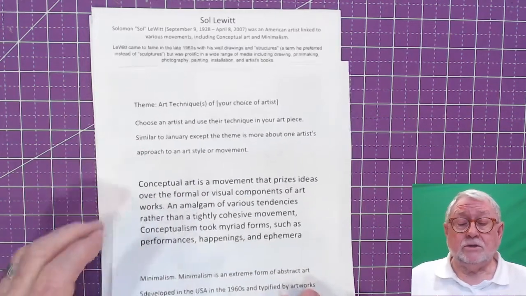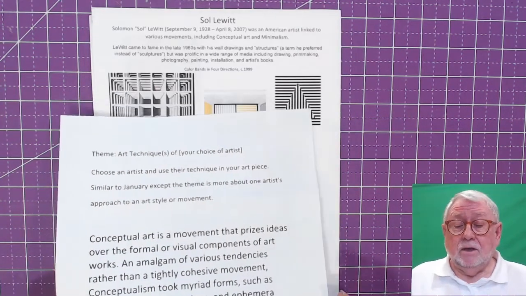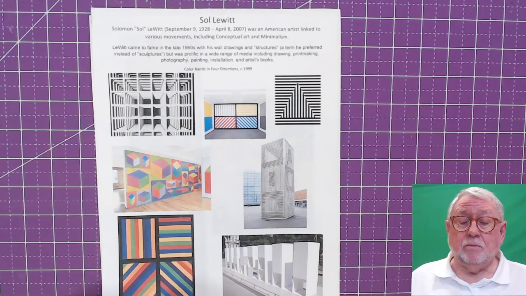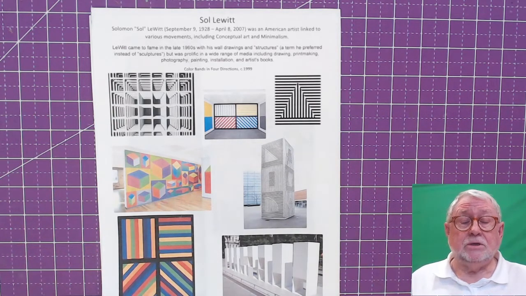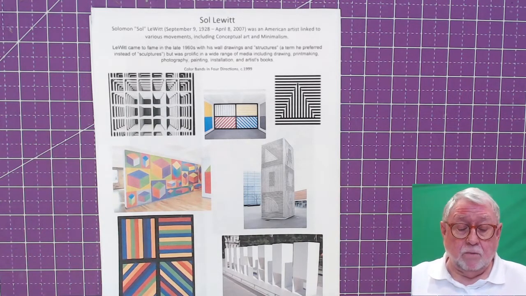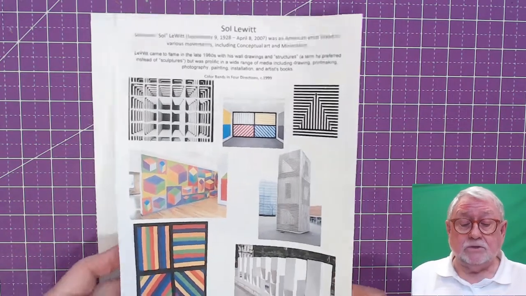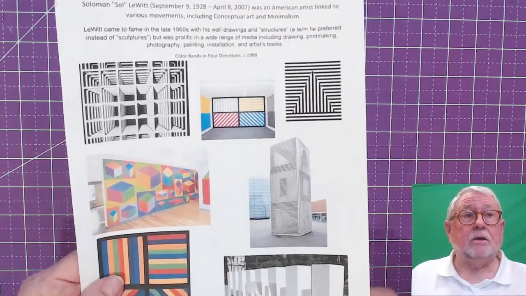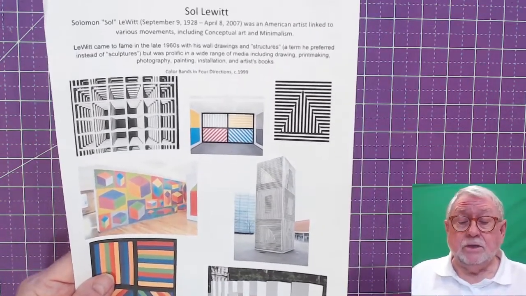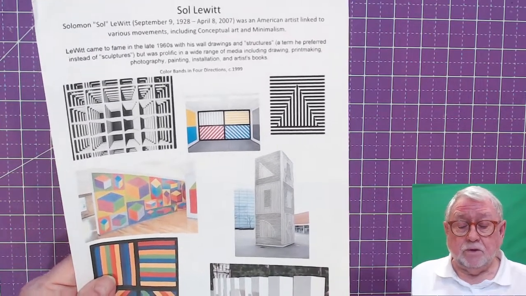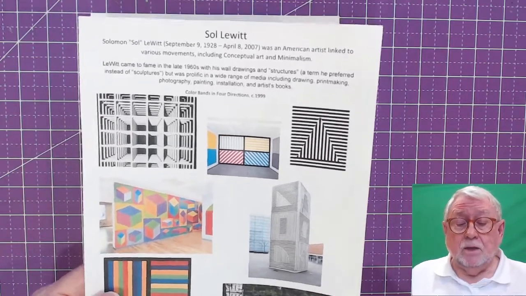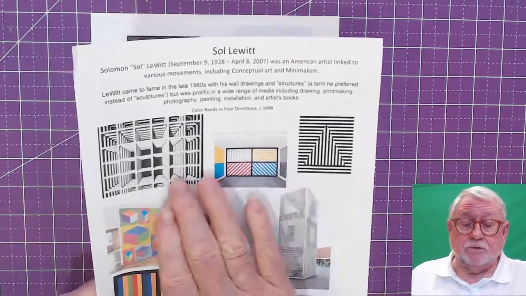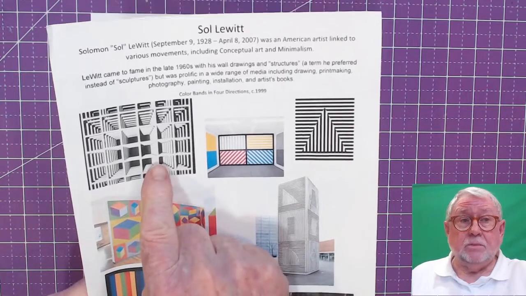Now I came across this wonderful artist, Sol LeWitt. He lived from 1928 to 2007, and he was a minimalist conceptual artist. And his artwork, a lot of it is structural and large. It seems to be able to be interpreted into a quilt block. So I looked around at some of his beautiful things, and this is a big installation,